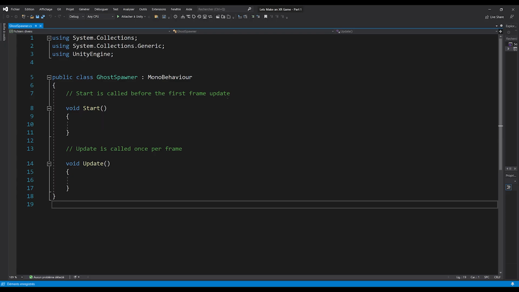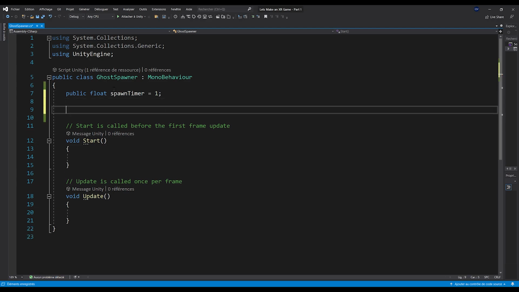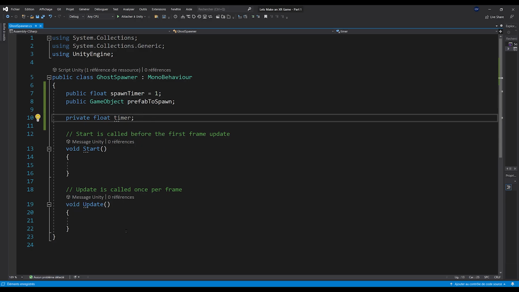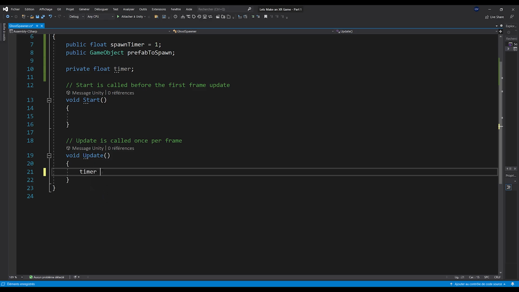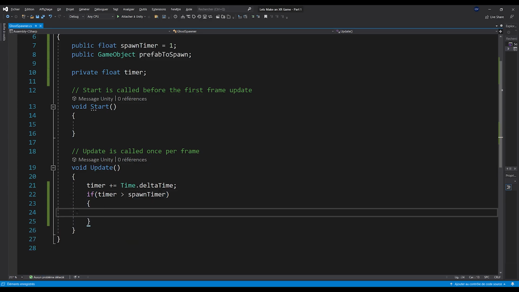Okay, so if you wanted to spawn a prefab over time for a traditional game, which is not XR, this is what you would do. First, you get a public float spawn timer, which we can initialize maybe to 1 second. Then you will use a private float timer to count the time that is passing. And you will have a reference to the prefab that you want to spawn, so the prefab to spawn. And simply in the update function, what we can do is increase the timer with timer plus equal delta time. And if the timer is greater than the spawn time, this means that we can instantiate our